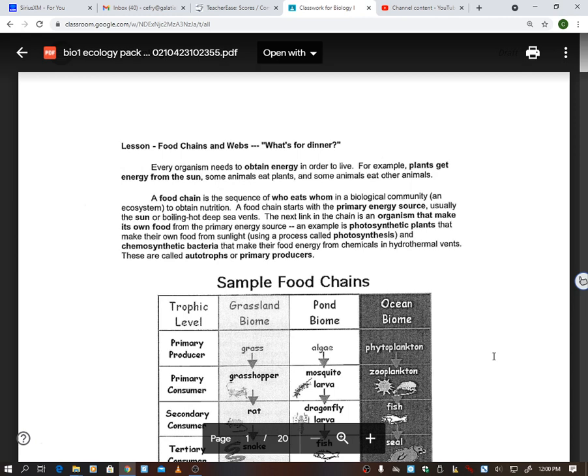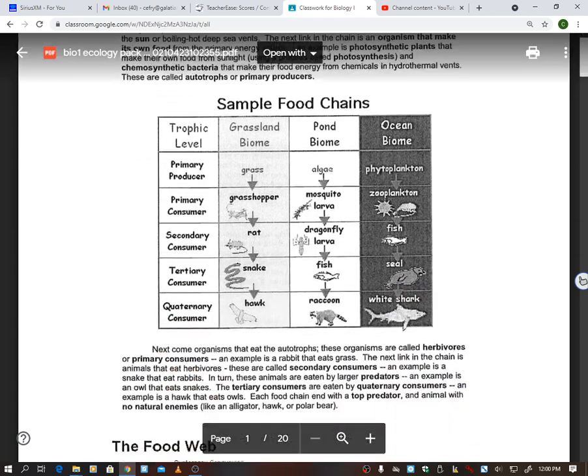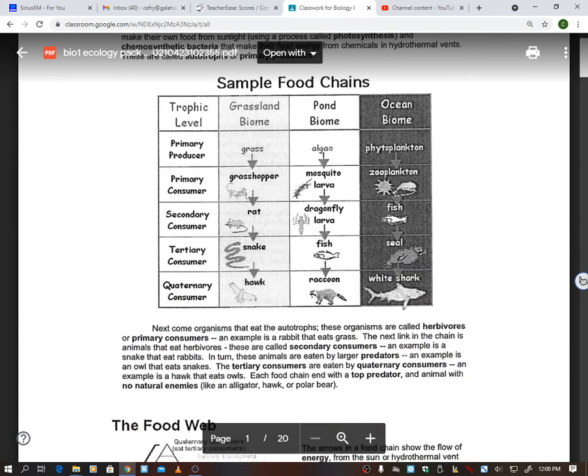So basically we're going to end this year with just trying to get as much ecology in as we can. Normally I have about 9 weeks to do all of this, and we do some labs and different things like that. But with COVID, we just have not had the time. So I just want to kind of quickly go through this and talk about some stuff because that's what I'm going to do with them.